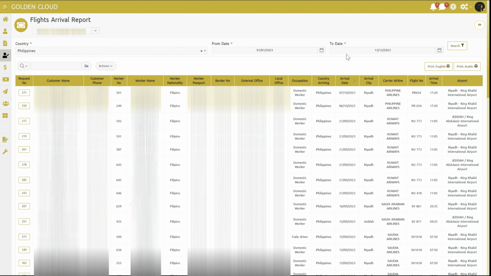After putting all this required information, you press on the search button and then this comprehensive table will be shown for you. This streamlined report ensures that decision makers and relevant personnel can quickly access essential information related to workers'